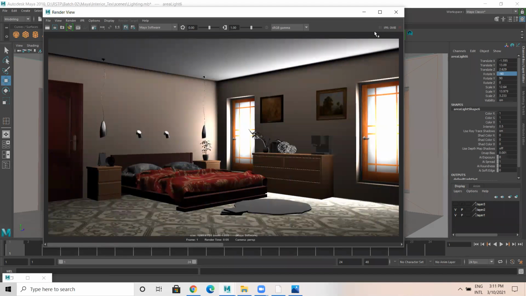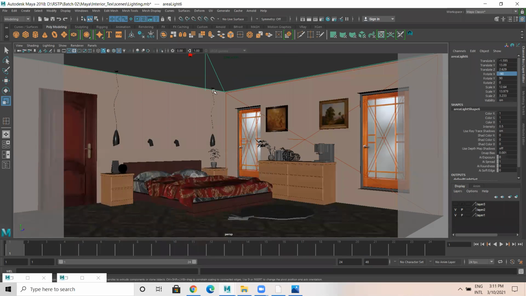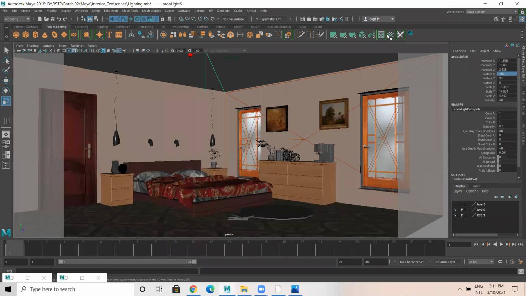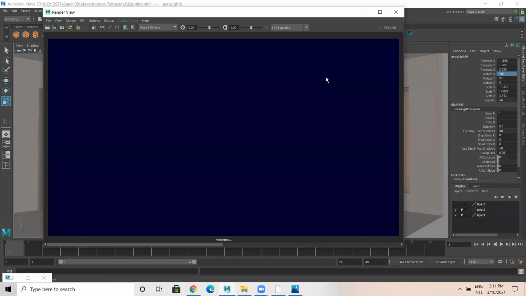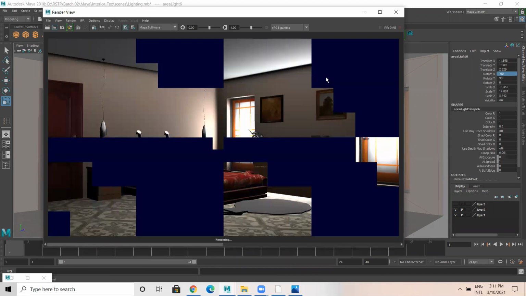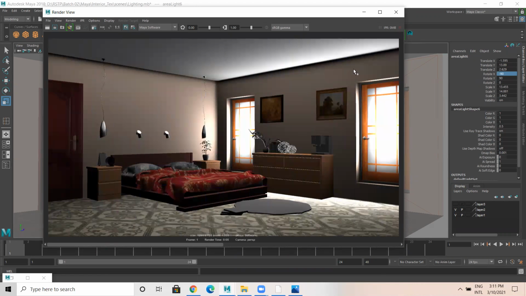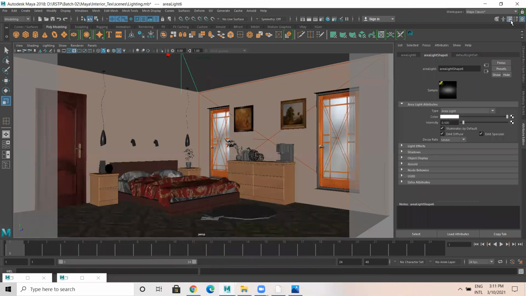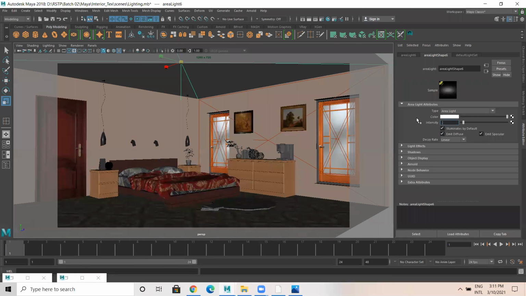Okay. So it's like this. I need more brightness for this particular light. Instead of 0.5, I'll give 0.7.